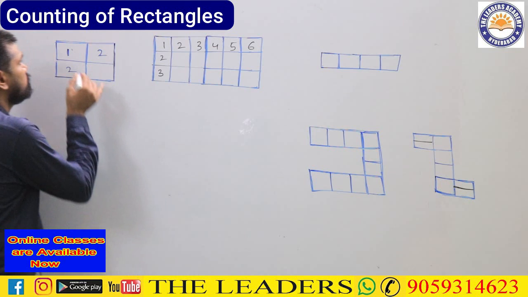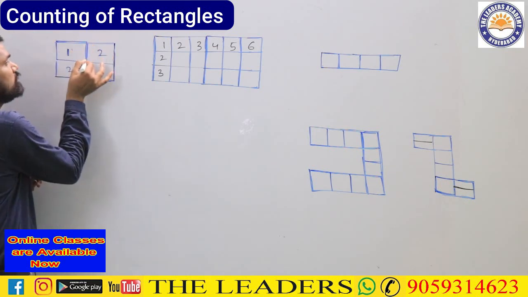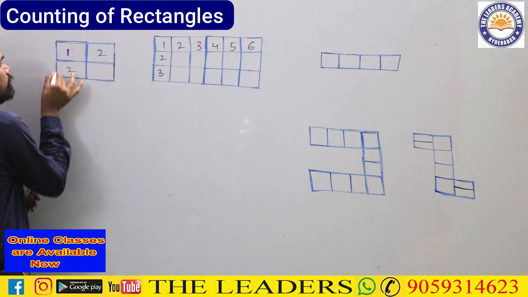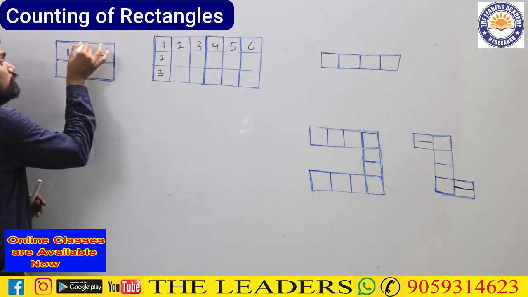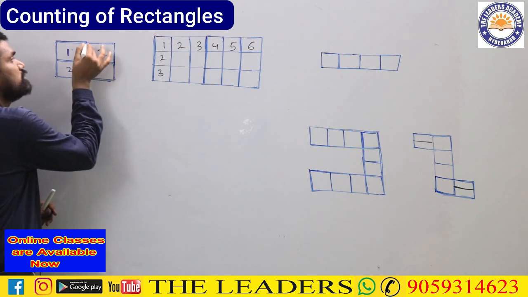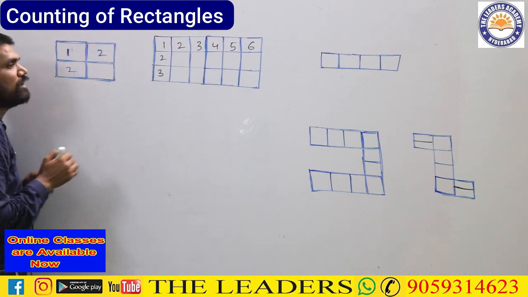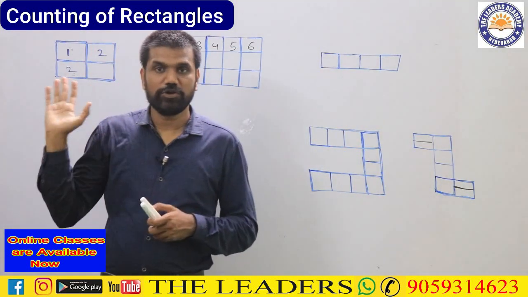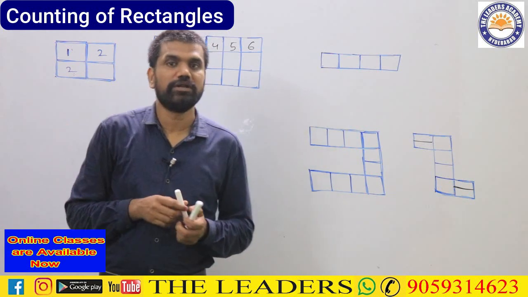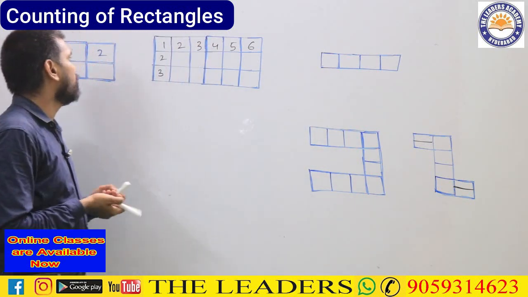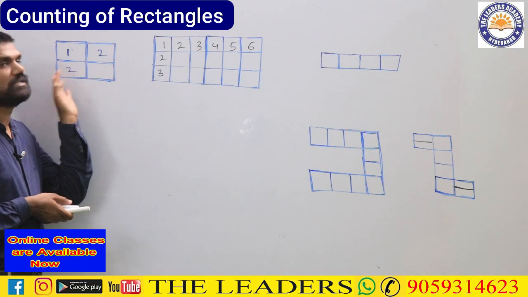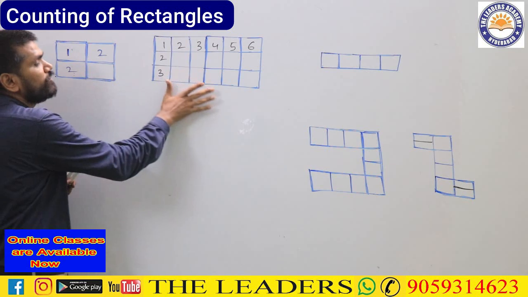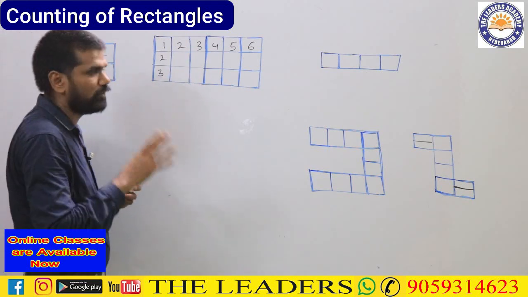Don't do that in the exam, because if you look at the rectangles over here, this is one rectangle, this is another rectangle, this is third one, this is fourth one, this bigger one is fifth, this is sixth. Counting like that will take more and more time for you. I have counted only till 6 over there, and still there are more rectangles. To avoid that confusion of counting the rectangles like that, whenever you come across any closed figure of this kind, you just blindly follow the method I am going to show.